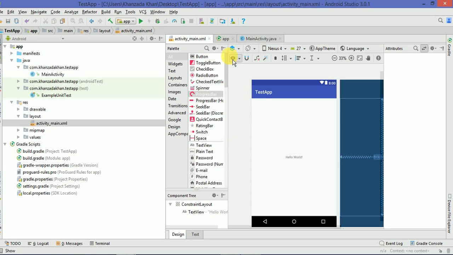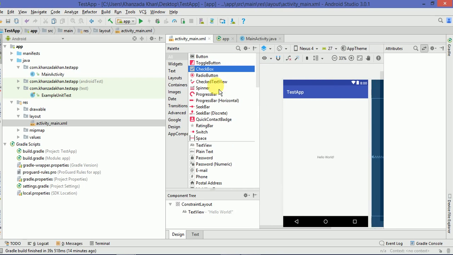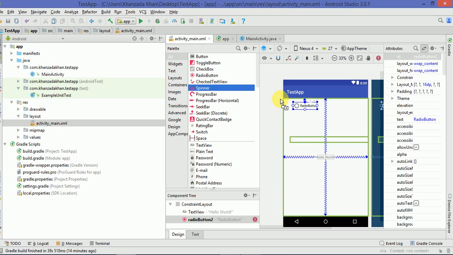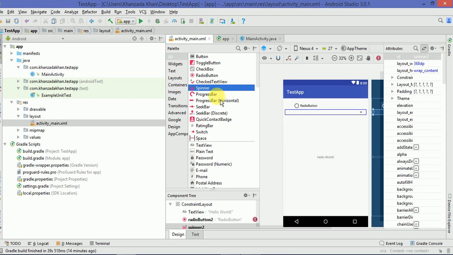So first of them is the button. Next is toggle button. Button is used for on and off purpose. Next is checkbox, we are already familiar with it. Next is radio button. Radio button is for selecting a single choice. Okay, let's next talk about the spinner. Spinner is for drop down menu selection. Next is progress bar, which shows the progress